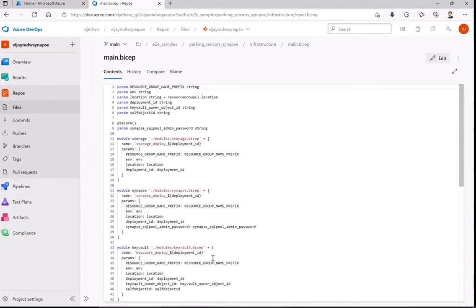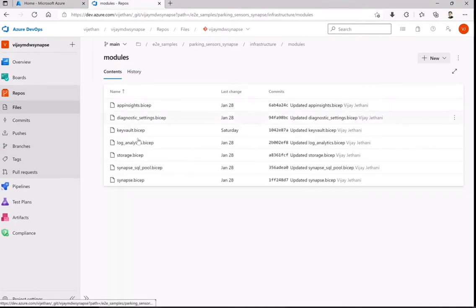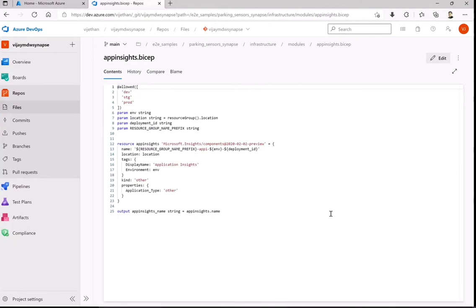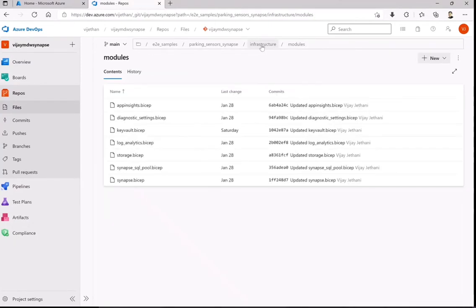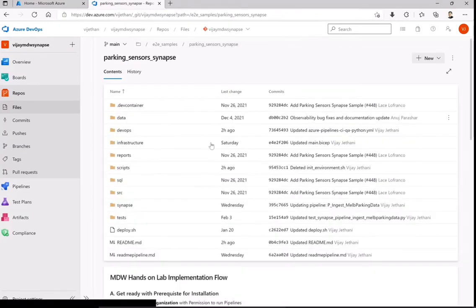Each of these modules is configured with the help of these Bicep scripts, or I would say the infrastructure as code written in Bicep, which will actually get converted to the ARM template. So this is all reusable. You don't need to change anything apart from the variables. Now let's start with the actual variables and how they look.